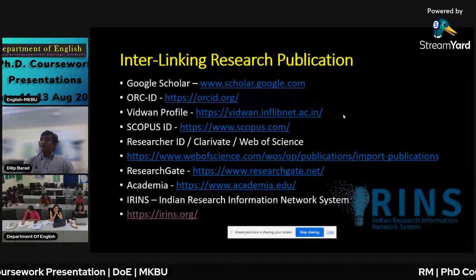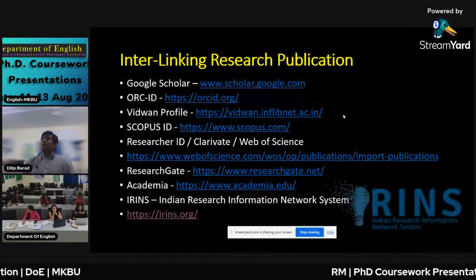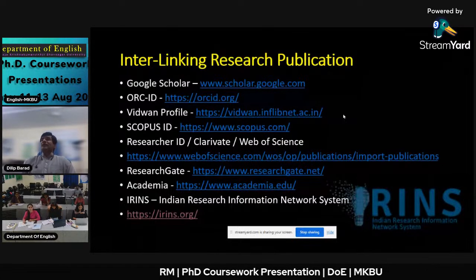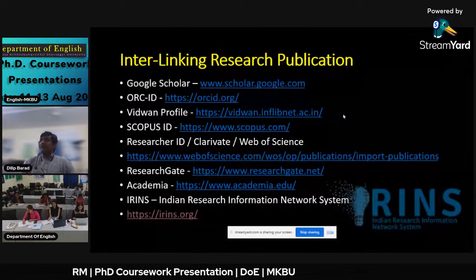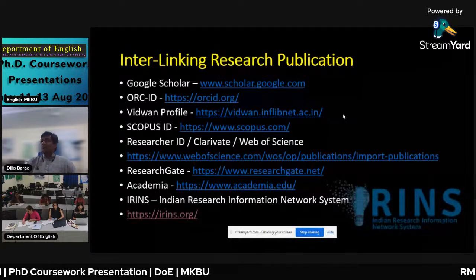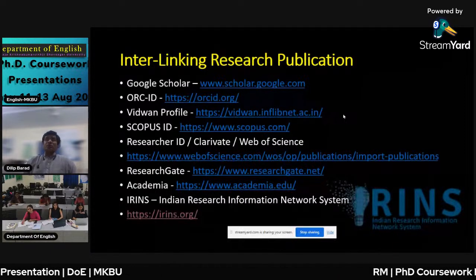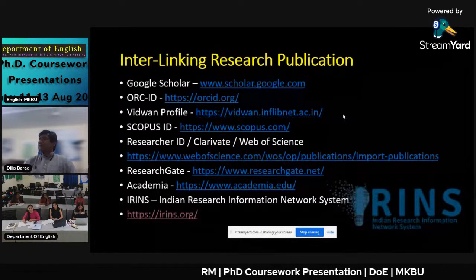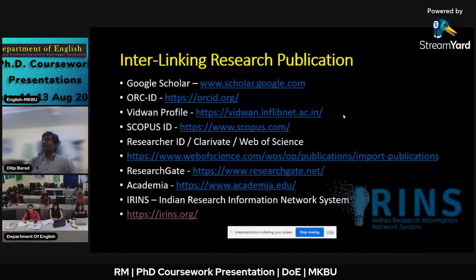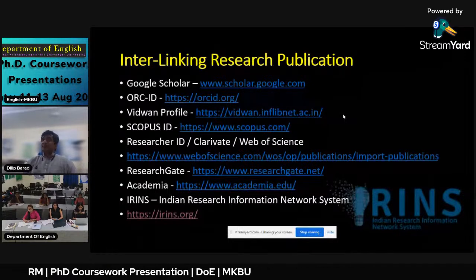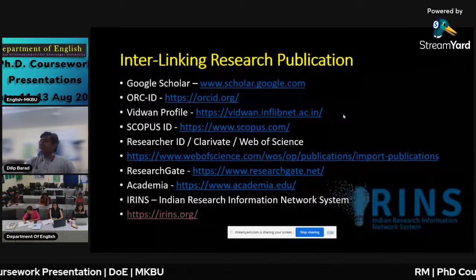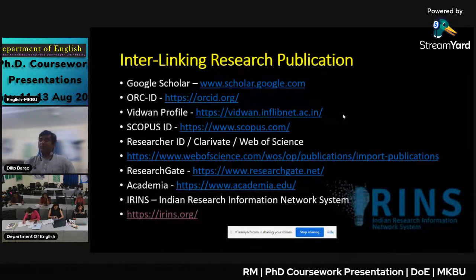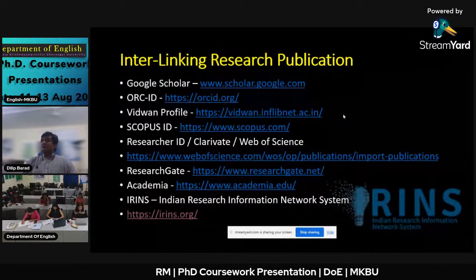Try to see if you are able to open this link. Normally it is for teachers and also for research scholars. If it allows you to open a profile on vidwan.inflibnet.ac.in, good. Scopus will not allow you to have an ID unless a paper is published in a Scopus-listed journal. So your target should be to publish at least one paper in Scopus within the coming one year.